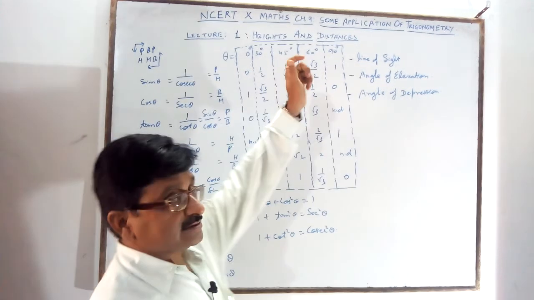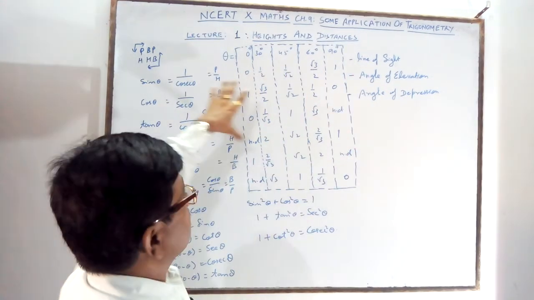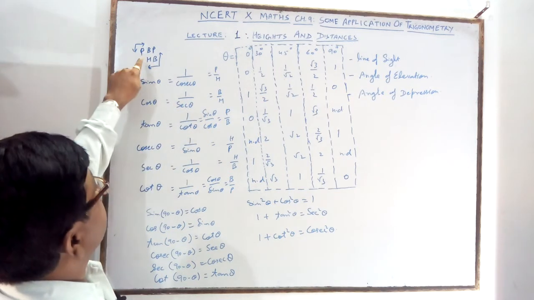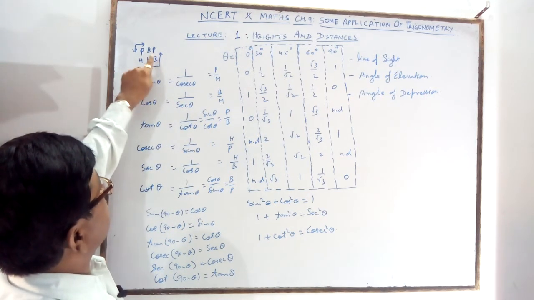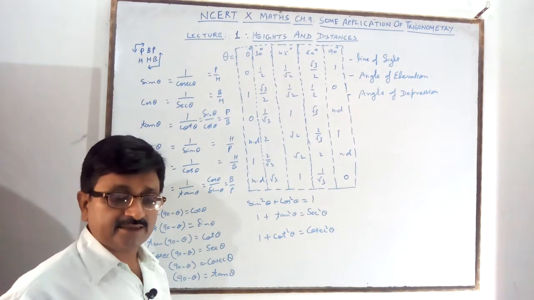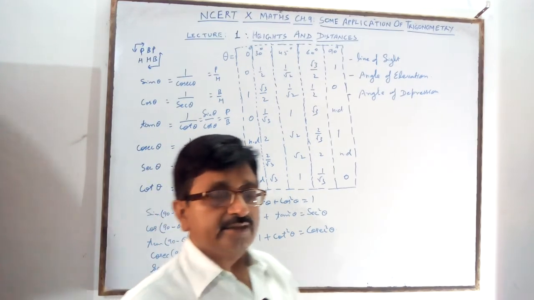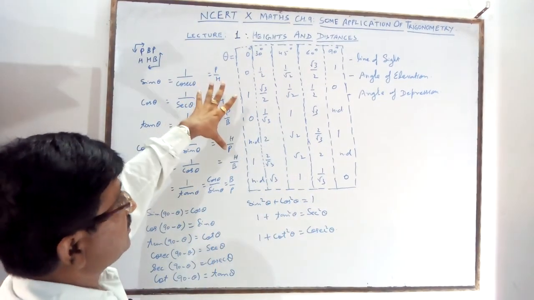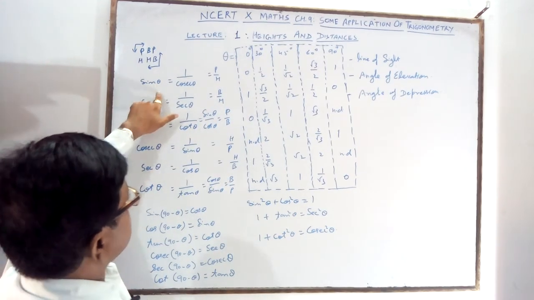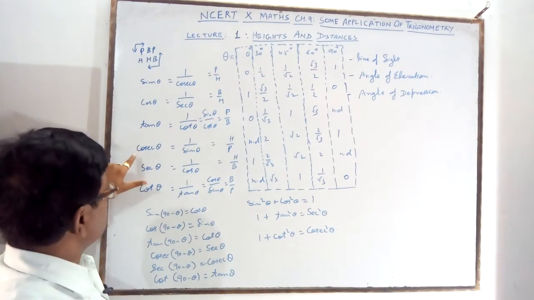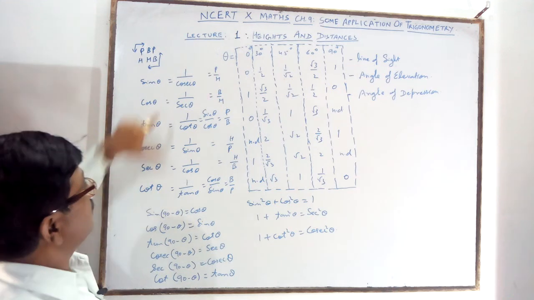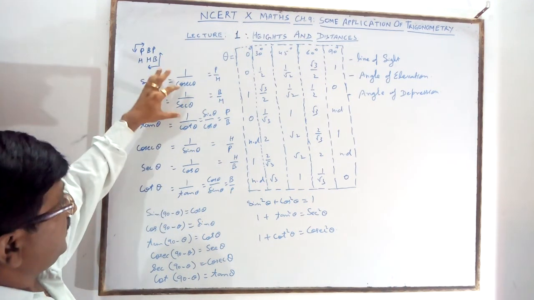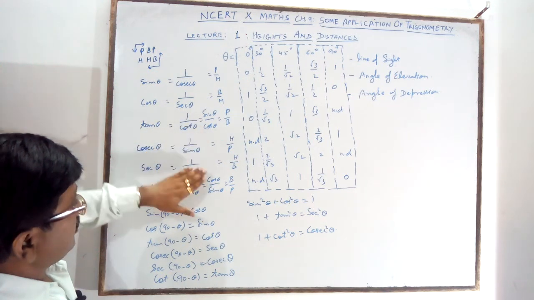the trigonometric identities and the very basic formulas, PBP, HHB, Pandit Badri Prasad Har Har Bole, in a right triangle. What are the trigonometric ratios? I have told you sin theta, cos theta, tan theta, cosec theta, sec theta and cot theta. How they are related as reciprocals, and what are these relations of sin and cos,